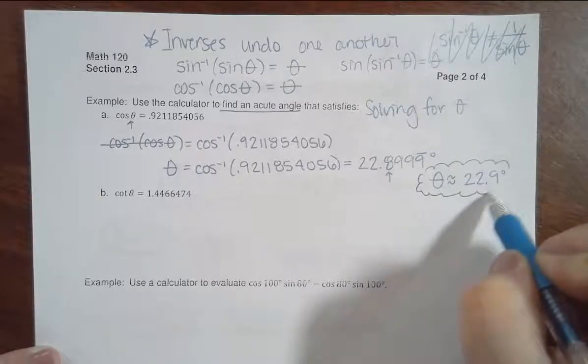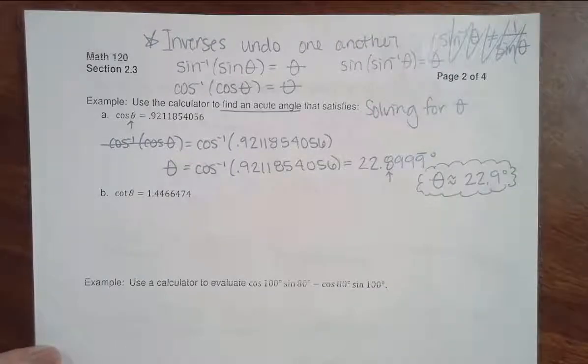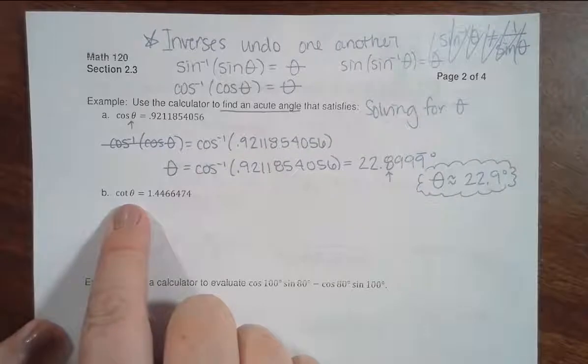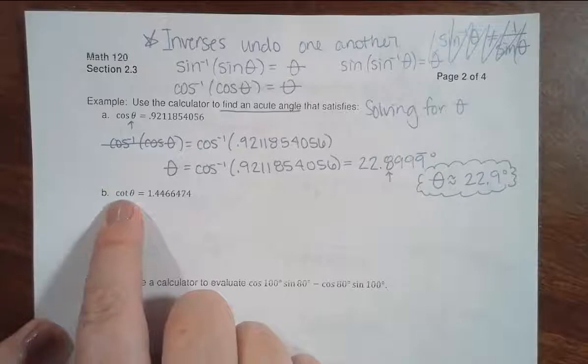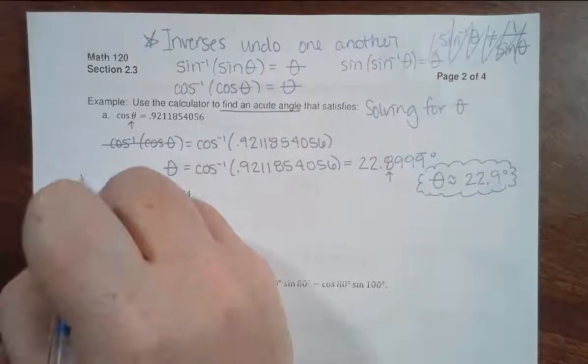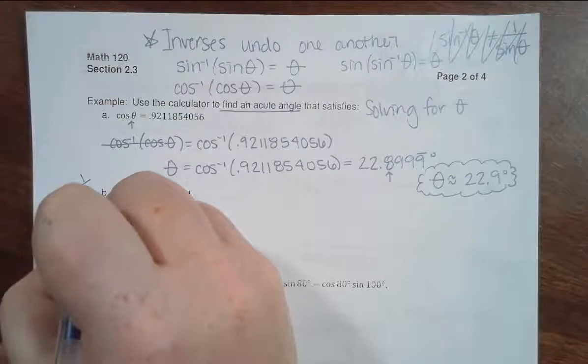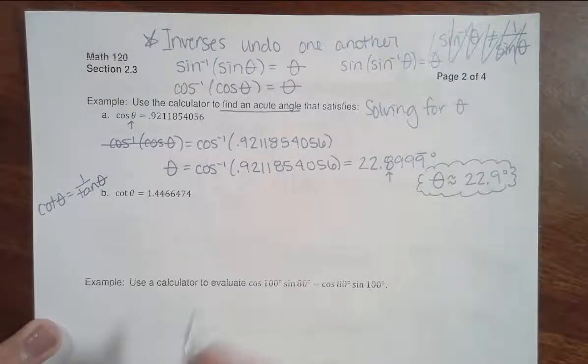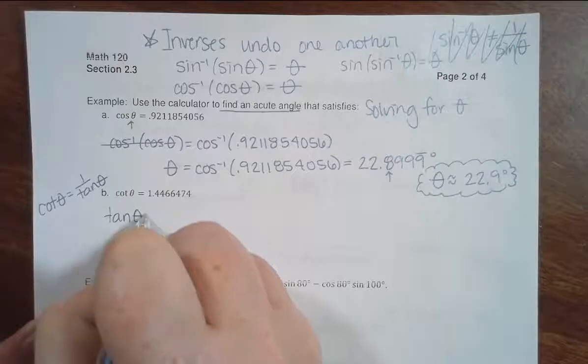All right, let me look at another one. Cotangent. Now, cotangent is a reciprocal identity, right? So we don't have a cotangent button on our calculator. So I first need to write this as tangent, and then I can go ahead and solve. So remember, cotangent theta is the same as 1 over tangent theta, right? So if I wanted to write this as tangent theta, I have to do the reciprocal. So that would give me 1 over